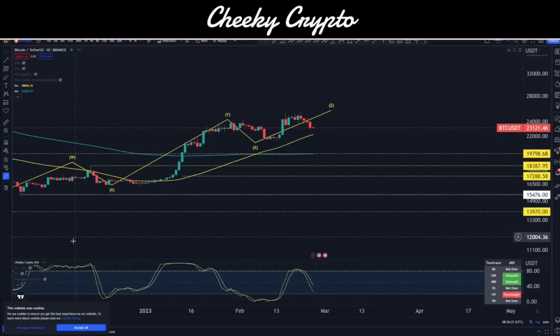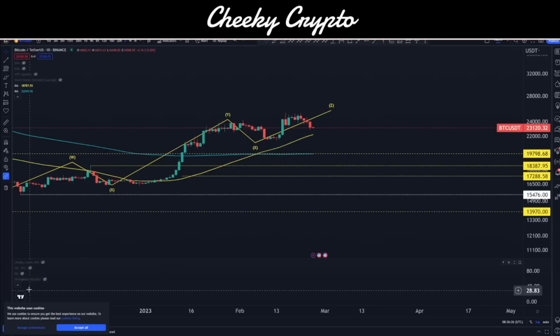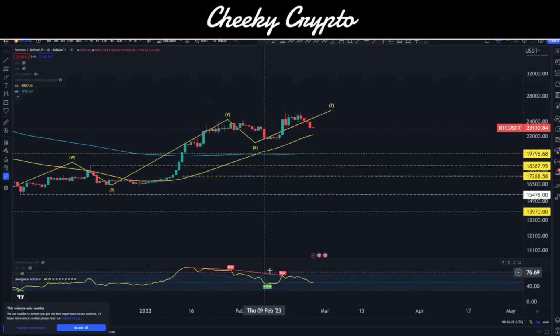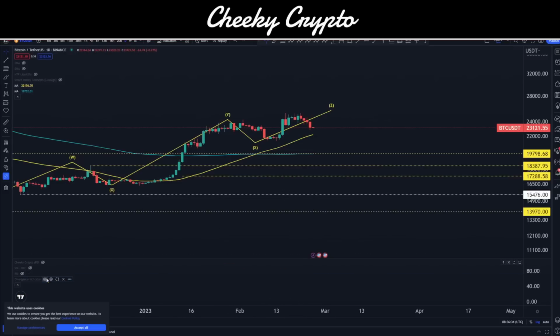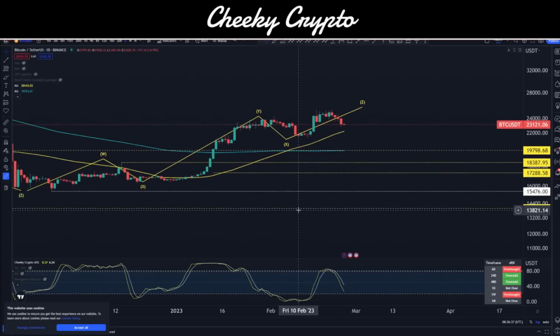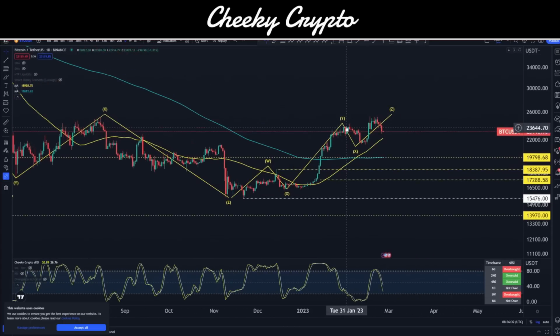Let me just check the daily here from the divergence indicator. So there was bearish divergence, and yeah, we're starting to come down from the bearish divergence essentially. So yeah, for the most part, just expect some volatility on Bitcoin, and we'll see how it goes from there. And yeah, I'll leave it right there.